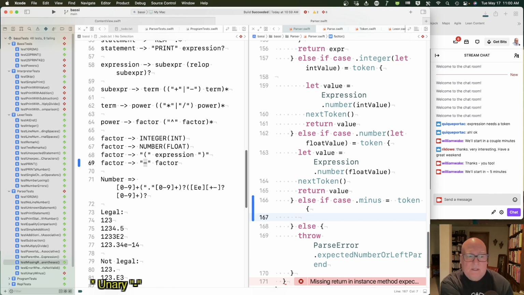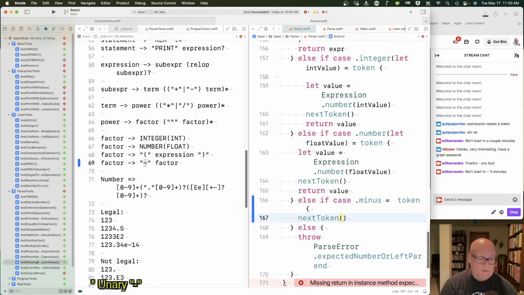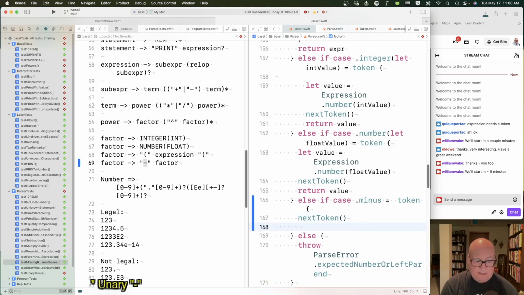Okay, so what do we do? Well, we're going to consume the token. We'll skip past the minus token, and then we said the next thing was factor. So we're going to return,